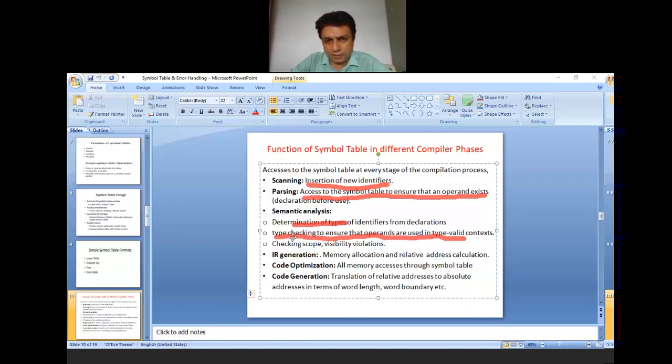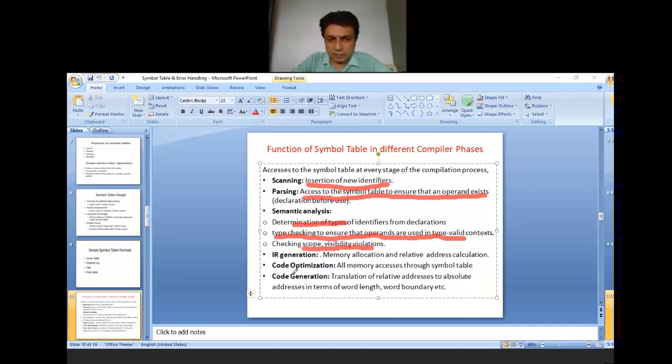So type checking is very much essential. It is done by the semantic analysis. Then it checks the scope and visibility, whether the variable is local or global. These types of checking are done in the semantic analysis phase.